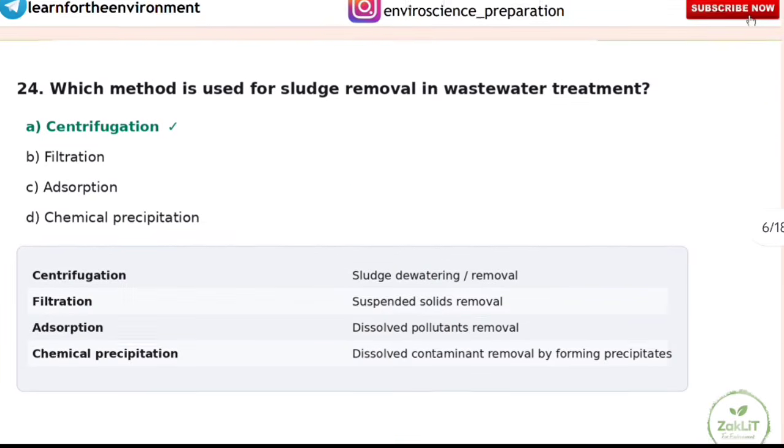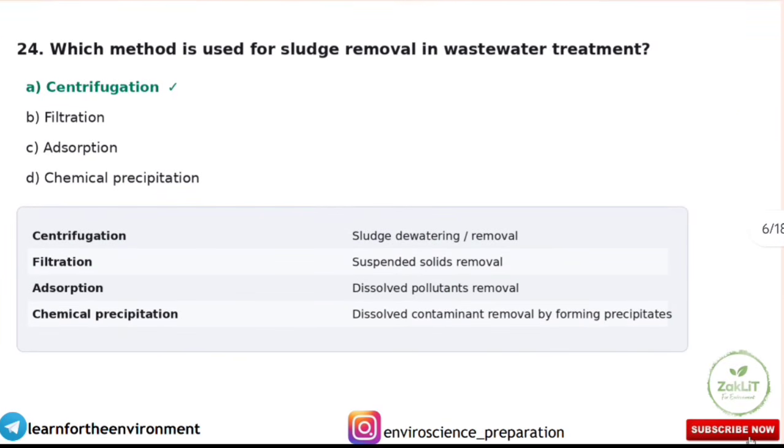Coming to the next question. Which method is used for sludge removal in the wastewater treatment? Wastewater treatment is a very important unit. You should know about each and everything. So the centrifugation technique is the method used for sludge removal in the wastewater treatment. Apart from that,